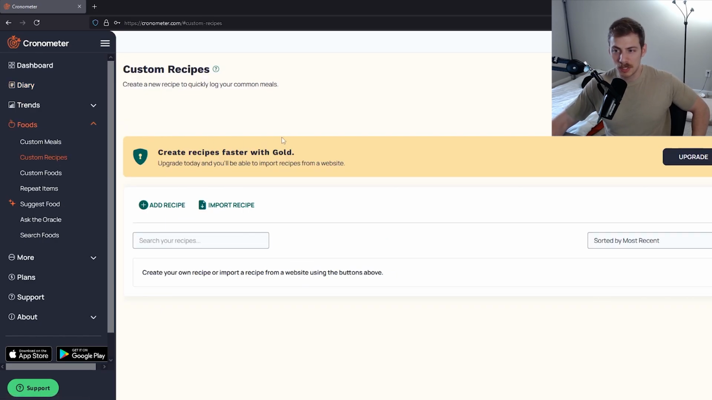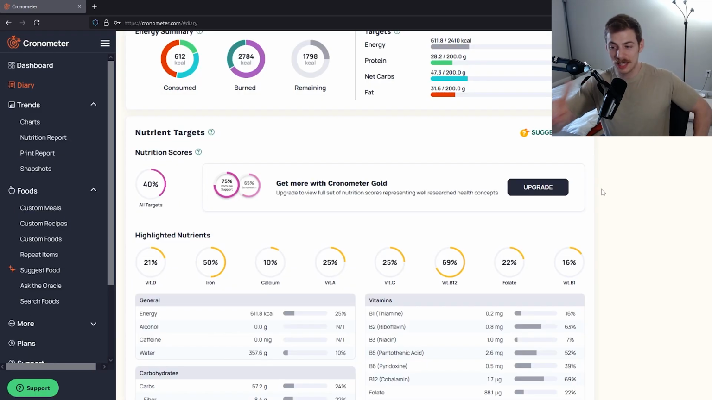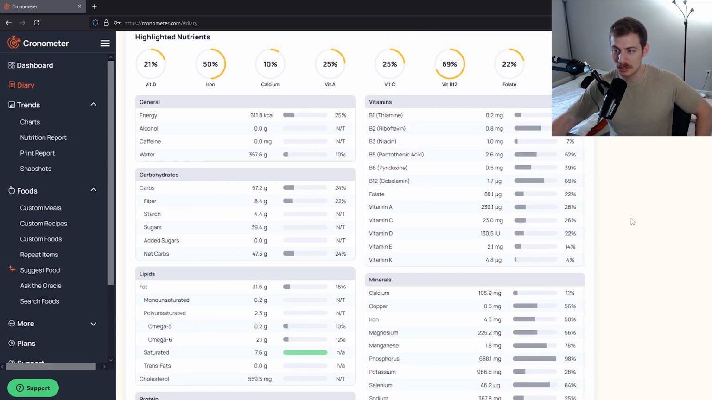I haven't added recipes before, but you can also do that. And you can create recipes faster with the gold membership. But again, everything that we've done so far, everything that you really need to do in here, you can do for free. The last thing I will touch on is if you come to diary and you scroll down to all of these nutrients,